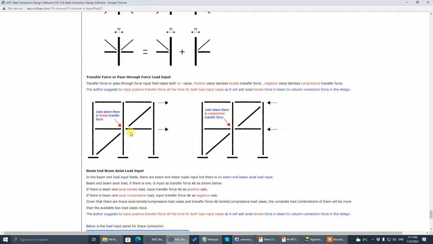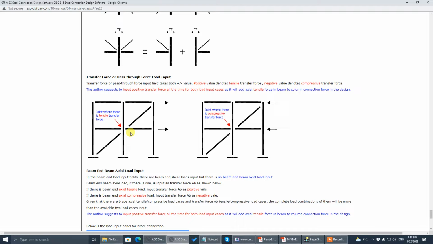But when the structure engineer gives out the connection force, they just put plus minus for the brace force, and for the transfer force they just put transfer force. They won't tell you if it's a compressive or tensile transfer force, and there'll be too many load combinations if you want to go to that detail. So for that reason, we only consider